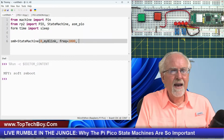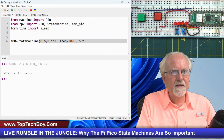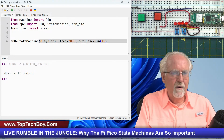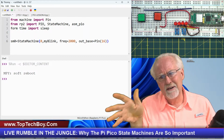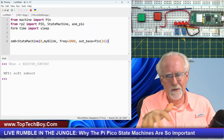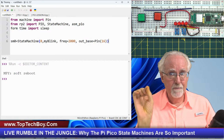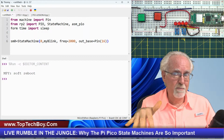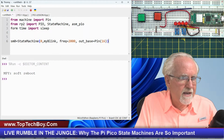And now we've got to give it an idea of how we're going to access the GPIO pins. What I can do is say my out base, my base pin, is equal to pin 16. Now, what you're going to notice is I can't say I want pin 16 as an input, pin 19 as an output, and pin 23 over here. No, I'm able to set my base reference pin as pin 16, full stop. That's it. Can you work with more than one pin? Yes, but you can't do it the way that you think you would do it. So I have now instantiated